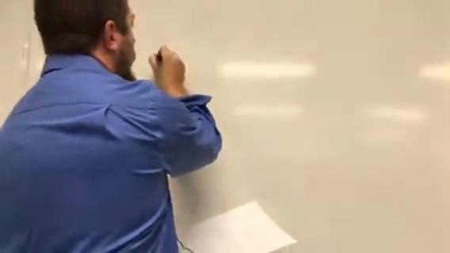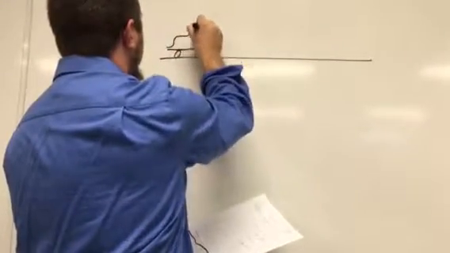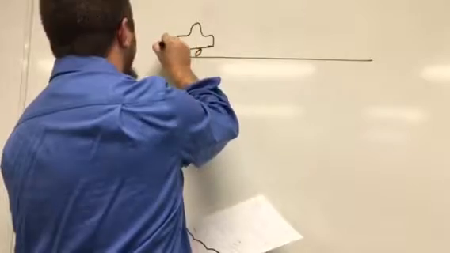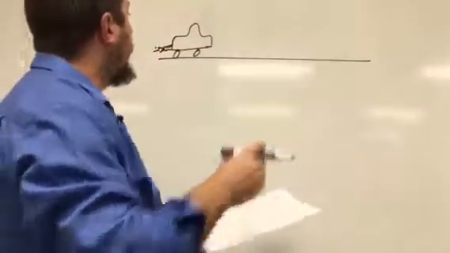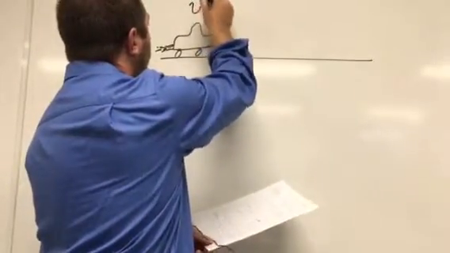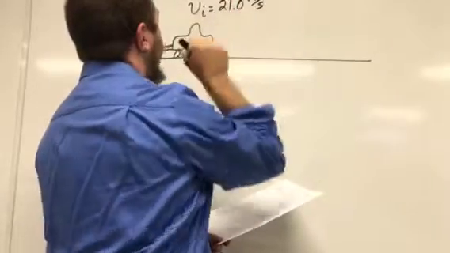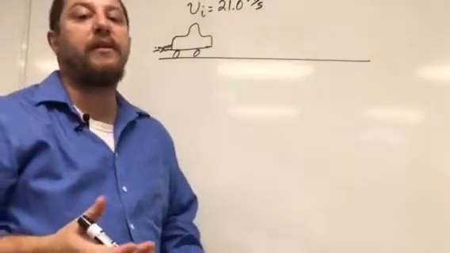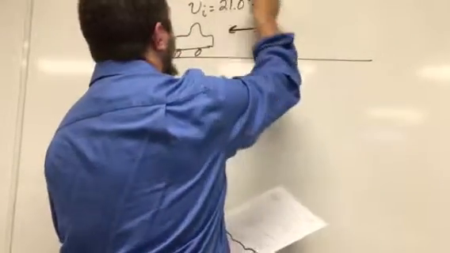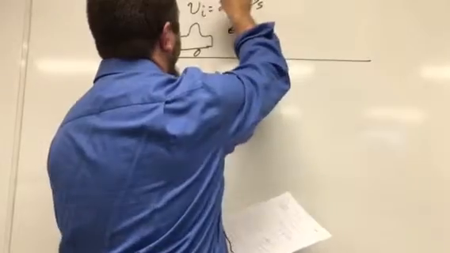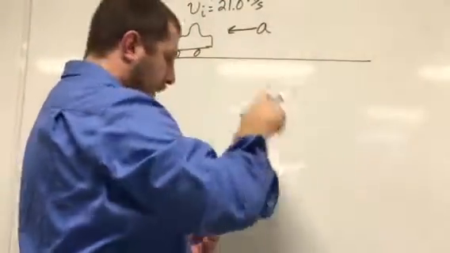So, let's say we have a car, and I'm a horrible artist, no making fun of my artwork here. So we have a car, and it's moving along with an initial velocity of 21 meters per second, and then it starts to apply the brakes. So it's going to slow down. So even though its velocity is in this direction, okay, it's going to slow down in this direction, and it's